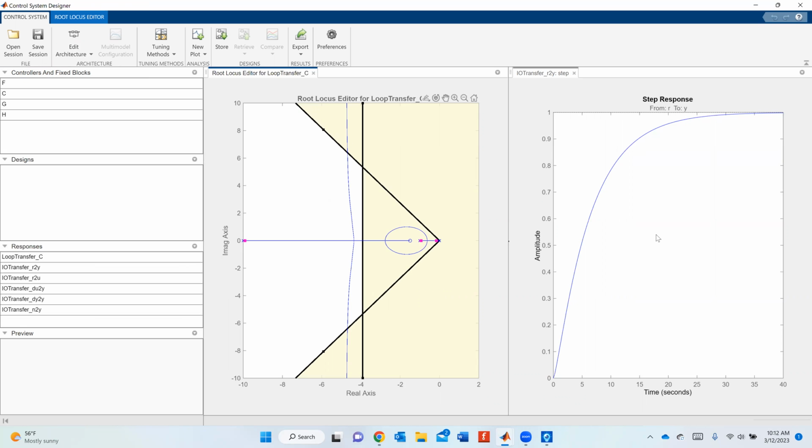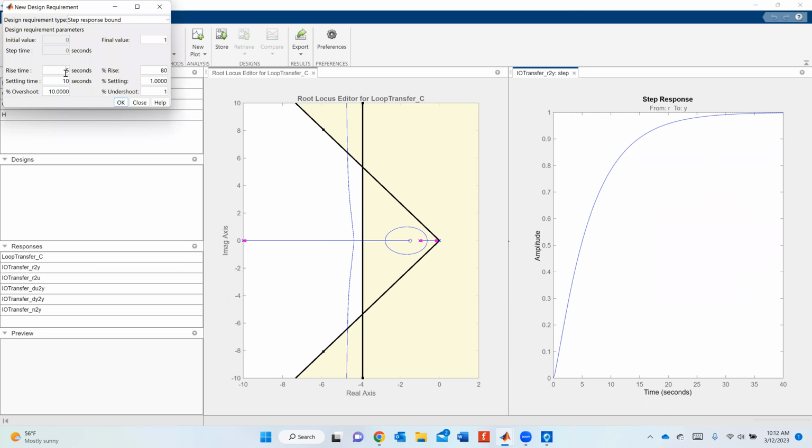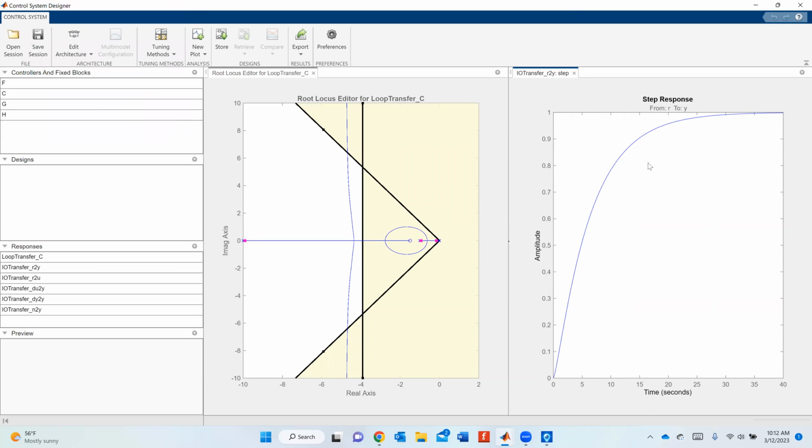And so here within our step response, we have to add the same design requirements. So our settling time is less than or equal to, it will give us an error if the rise time is not less than the settling time. So I just made the rise time less than settling time and then 10%. And so now that we put those in,